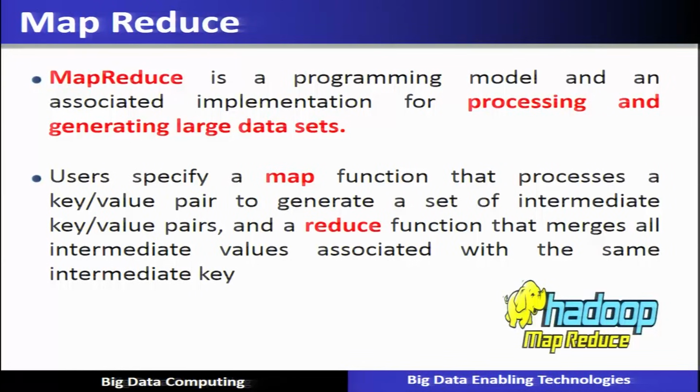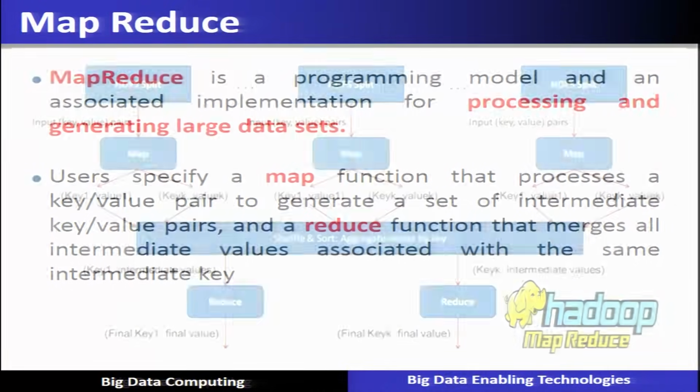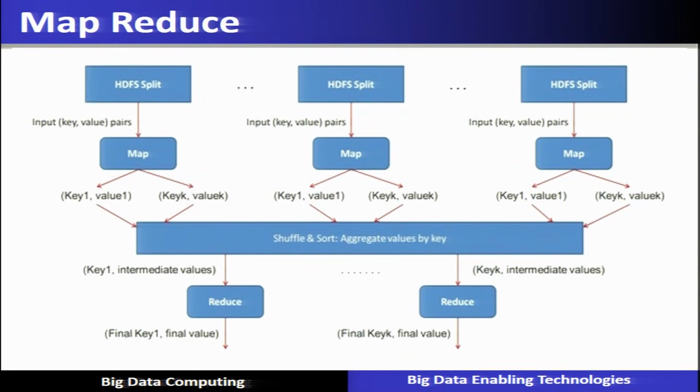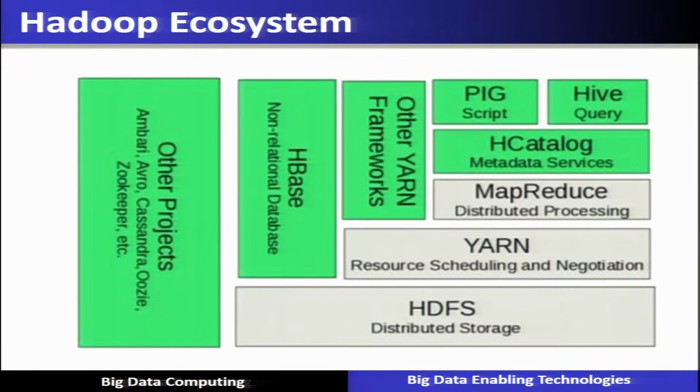So now let us see MapReduce, which is a programming model for the big data component. It is able to process large size data sets using two functions called map and reduce, which the user can specify, and this runs over HDFS in version 1.0, and in version 2.0, using Yarn, it can negotiate for resources from HDFS and run its application.